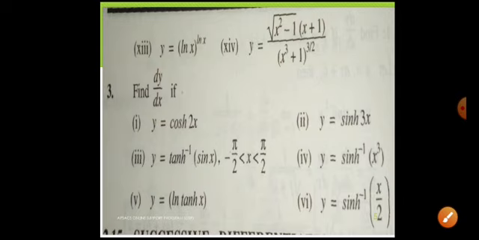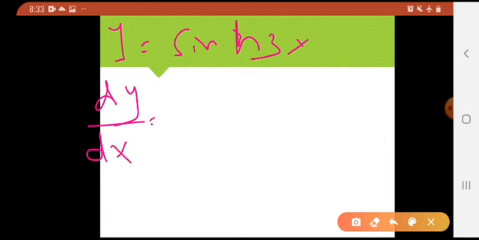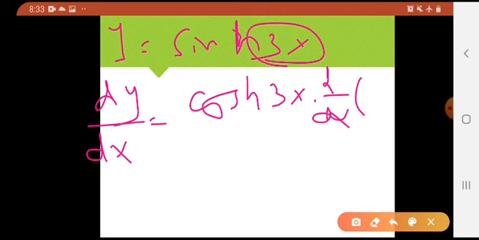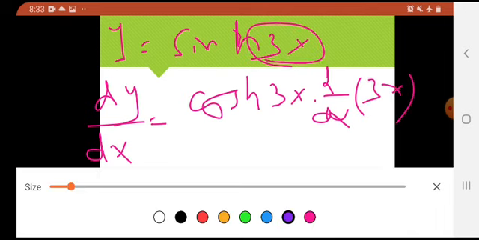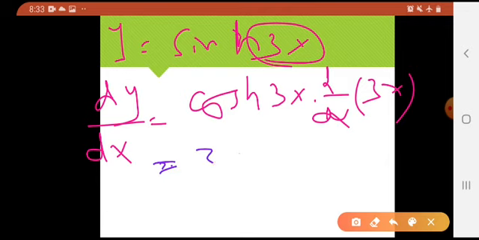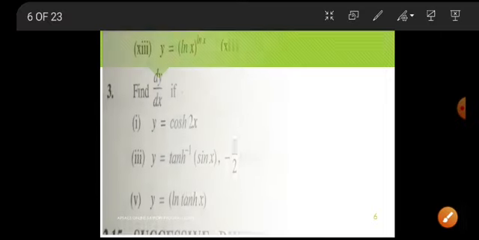Okay, let me see the second part, which is sin hyperbolic of 3x. Y is equal to sin hyperbolic of 3x. So once again we will be finding dy by dx, which would be cos hyperbolic of 3x into further derivative of this 3x. We all know what is the derivative of 3x, 3. So the answer would be 3 cos hyperbolic of 3x, simply. So the basic thing is to learn the formulas, right?